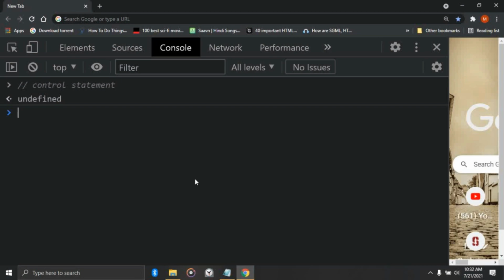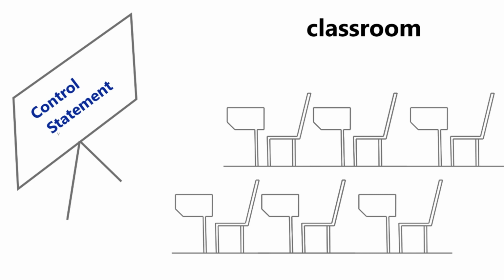Today we will see about control statements. One of the control statements is if. We will see how this control statement works with one situation. The situation is a teacher taking our attendance, and we will see how this situation is used to explain these